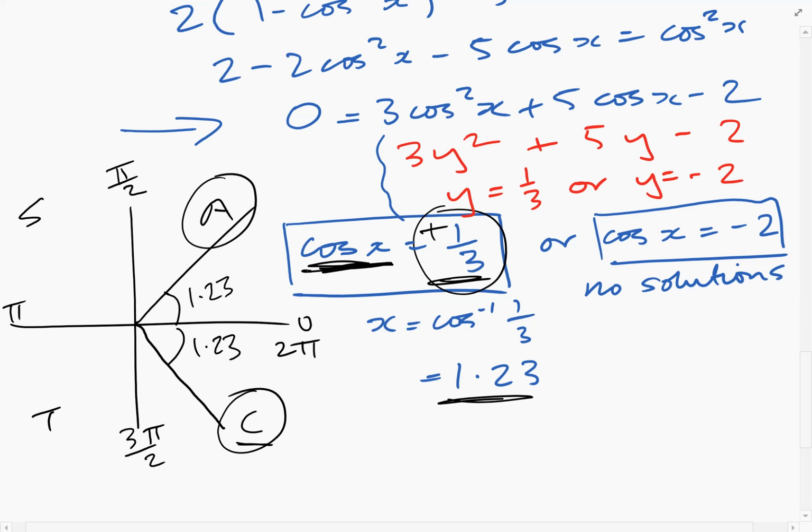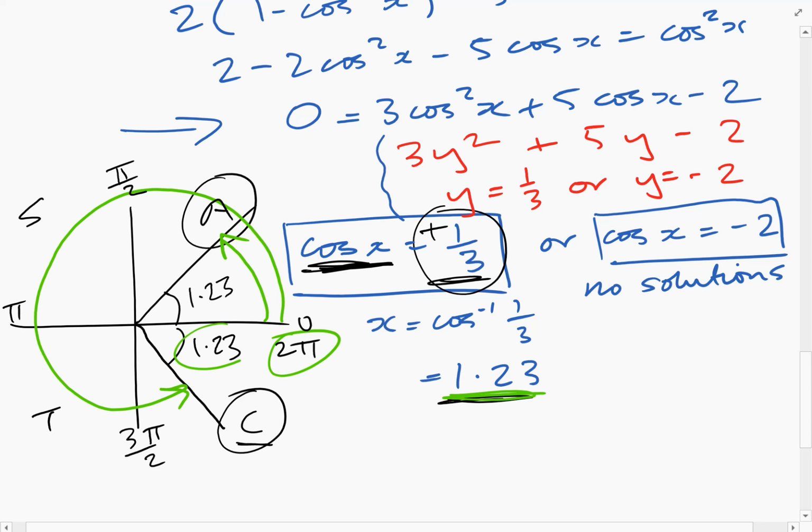Now we start from 0, find all the solutions within our range, 0 to 2 pi. Okay, so we've got that one already, it's down here. So let's go all the way around until we find another one. So our next value is going to be 2 pi minus 1.23. So if you do on your calculators 2 pi minus 1.23, you should get